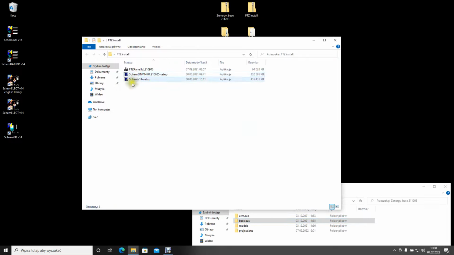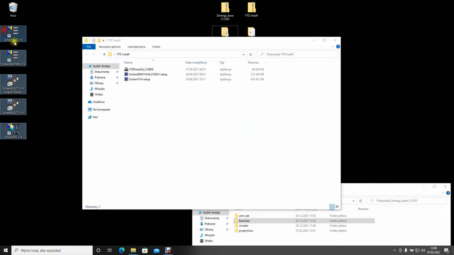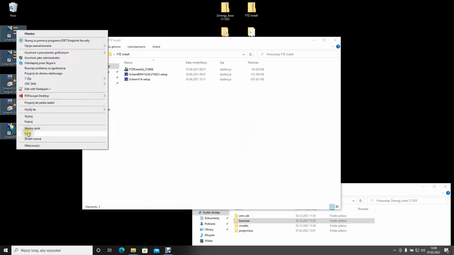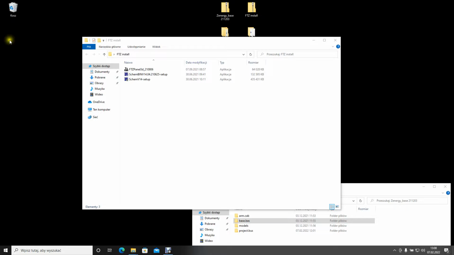Now, after installation of scheme-elec, as I mentioned, you will not be able to make electrical schema. If you would like to make electrical schema with this software, you need to inquire more about the FTZ company and buy a full license from them. So here we can delete all the icons from the electrical schema design software, and the last update, the smallest file, 64 megabytes, is for the Panel 3D. This is the last update. When you install it,